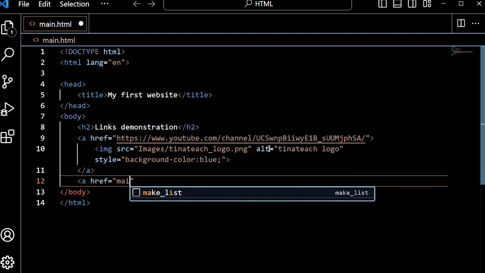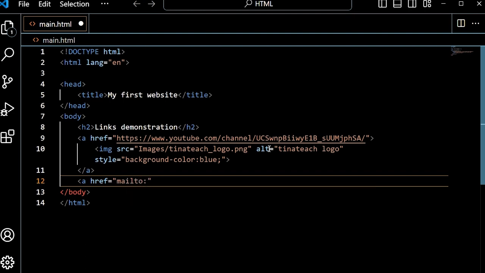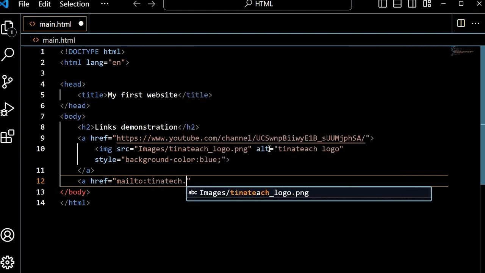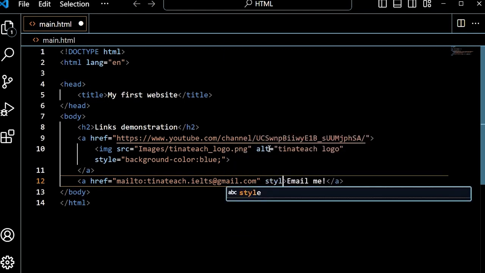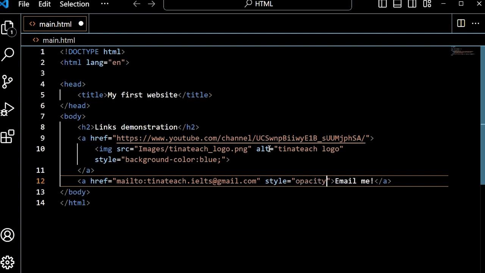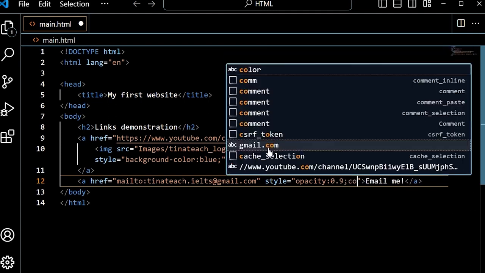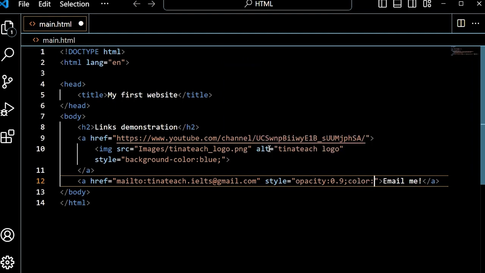Now let's make a new link. href mailto. All right. Tinateach.ielts@gmail.com, and email me. Okay, let's add a bit of style. Let's see, let's have the opacity at 0.9 and the color to be red. Okay,